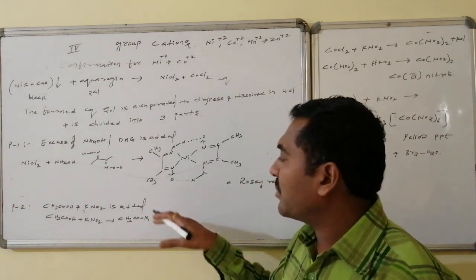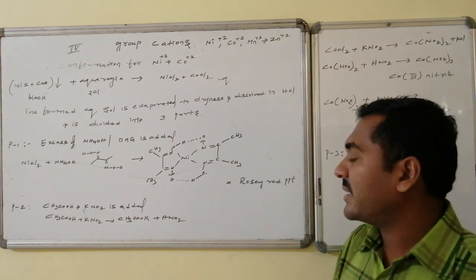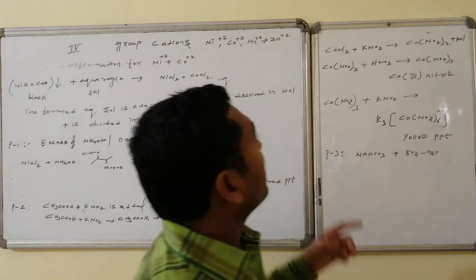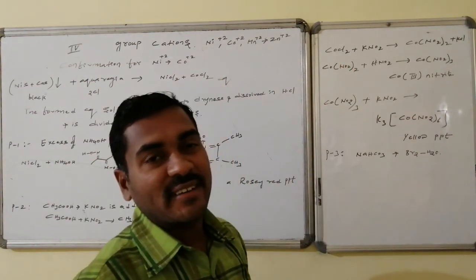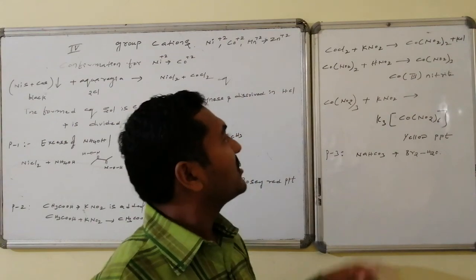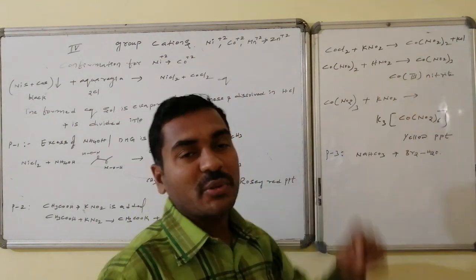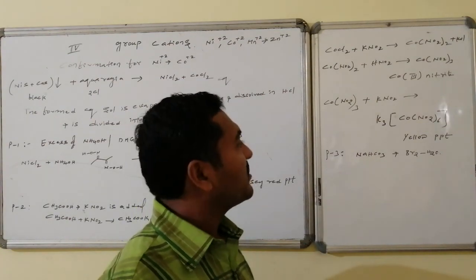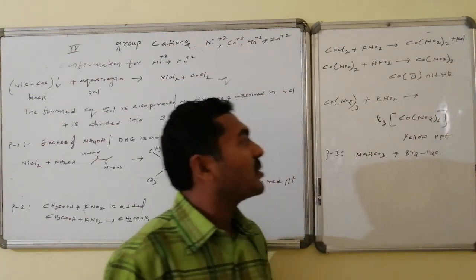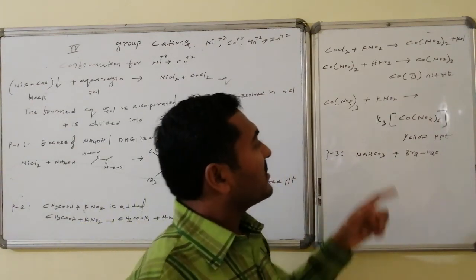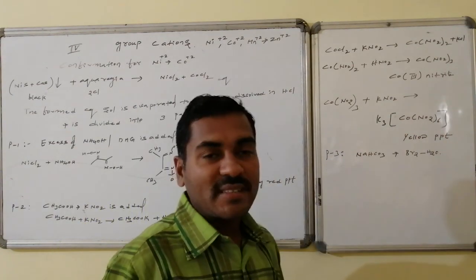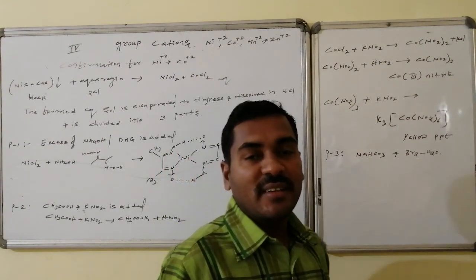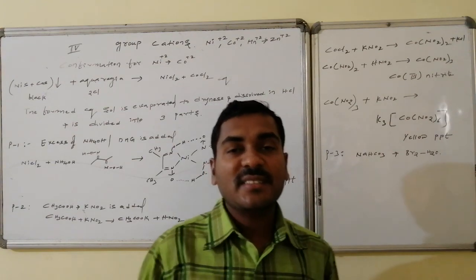Whenever this mixture is allowed to react with the cobalt chloride, in the first step the potassium nitrite reacts with the cobalt chloride and converts it to cobalt 2 nitrite. This cobalt 2 nitrite on reaction with HNO2, the oxidizing agent, converts to cobalt 3 nitrite. This once again reacts with the potassium nitrite, leading to the formation of potassium cobalt 3 nitrite, which is a yellow color precipitate. That yellow color precipitate formation indicates the presence of cobalt.